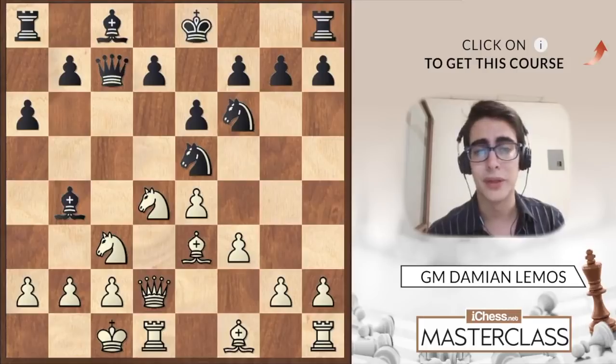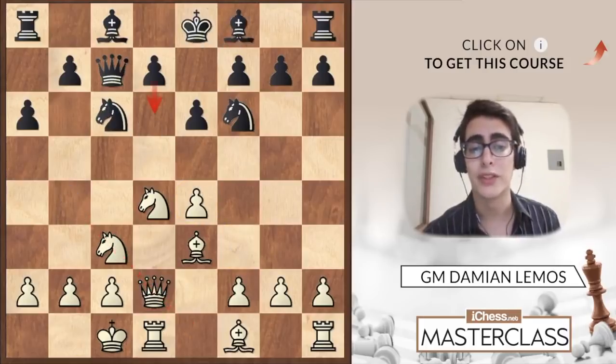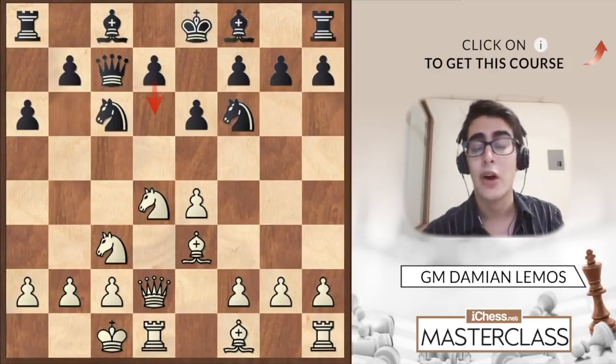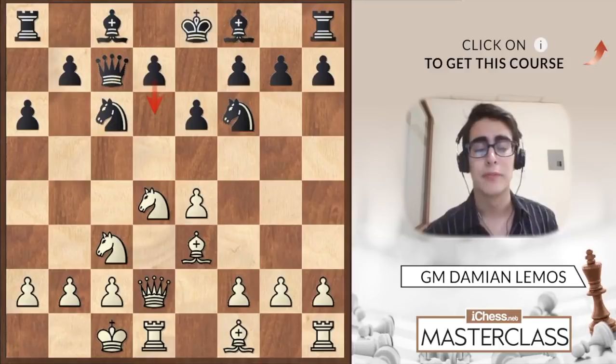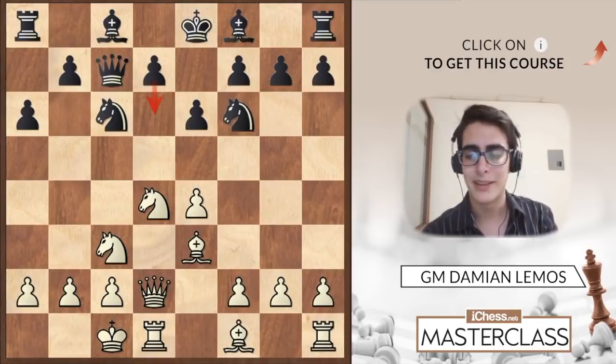So I guess a lot of black players started to realize this pin on b4 wasn't that exciting. Therefore, they started to play something else. b5, bishop e7, d6, all natural Sicilian moves. However, in this game, black plays this move,